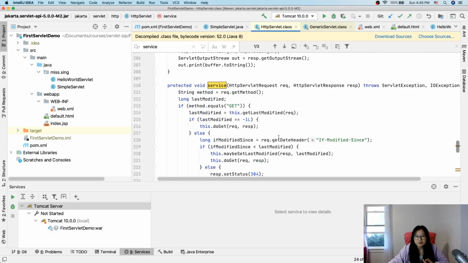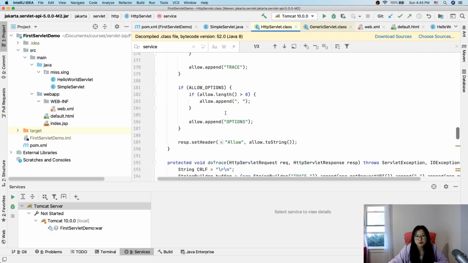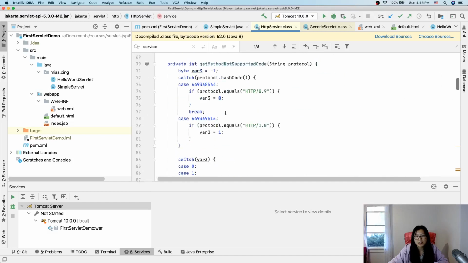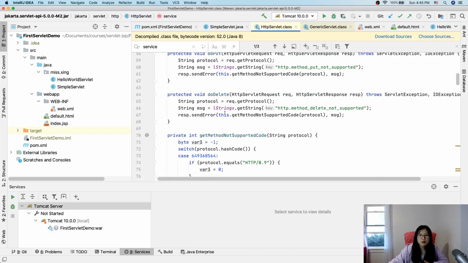So Tomcat does not directly call doGet and doPost. It actually calls the service method. The service method will call doGet and doPost from here. And it also has doGet and doPost implemented. We can override them later. So for our simple web container, what I'm trying to do is we will have